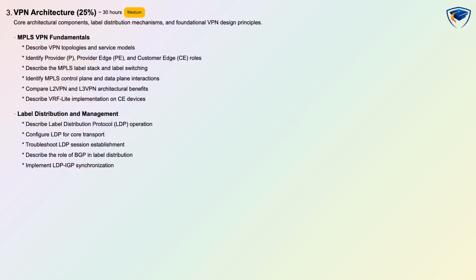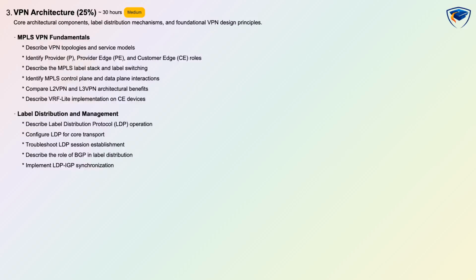and data plane. Label distribution and management is a core topic with LDP operation, configuring LDP for core transport, troubleshooting LDP sessions, understanding the role of BGP in label distribution and implementing LDP-IGP synchronization, as well as VRF-like concepts on